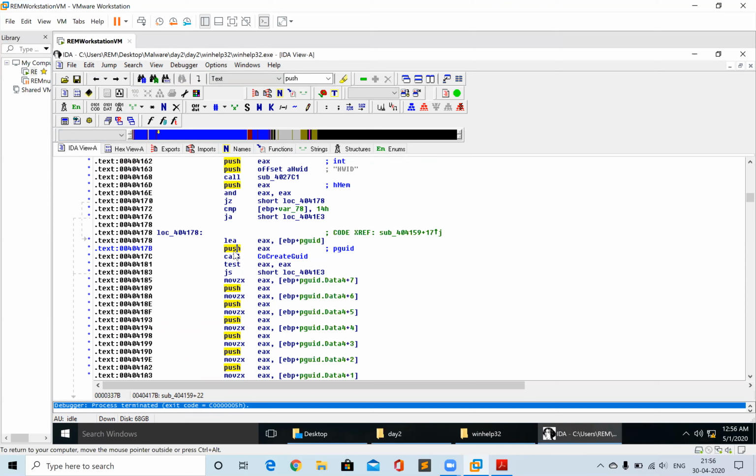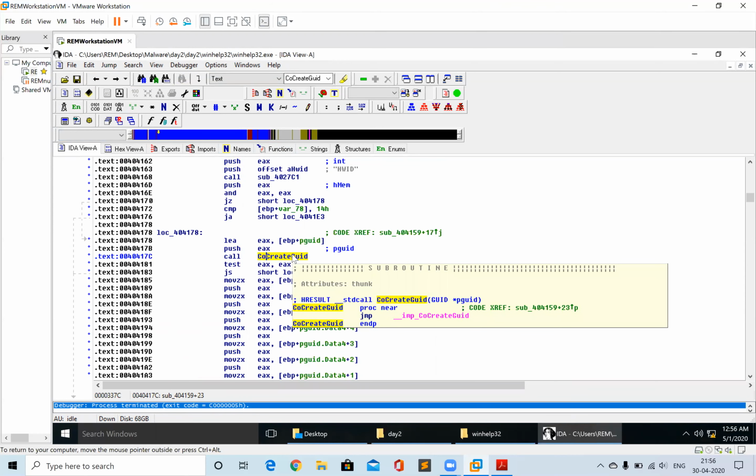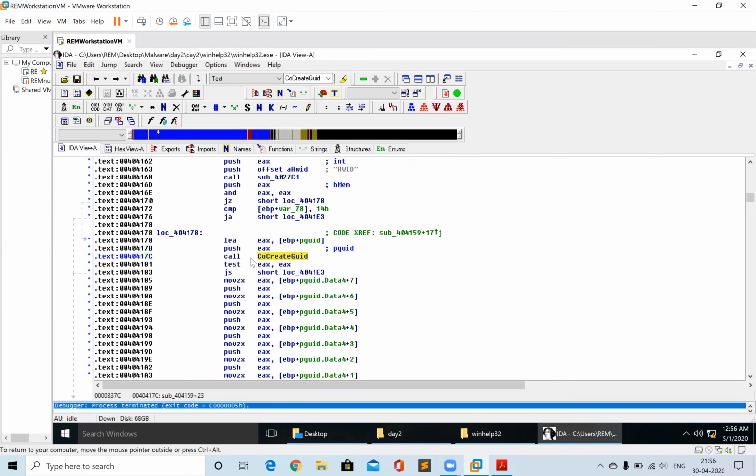Okay. So what I mean to say is how the functions are getting called. Suppose there was a function calling some sub. What will happen is, from this call, we will jump to the offset of that function.